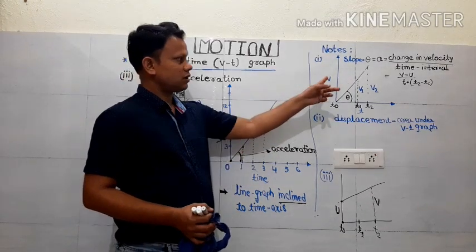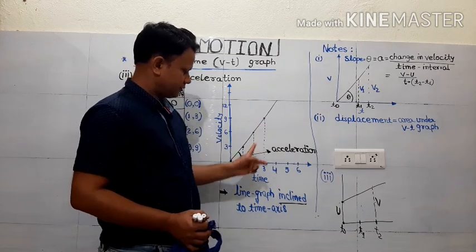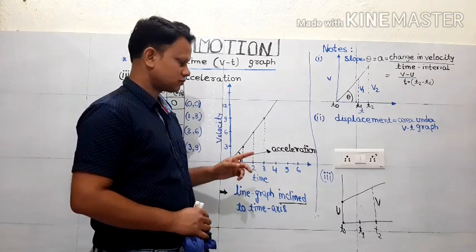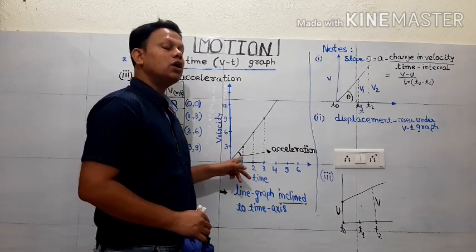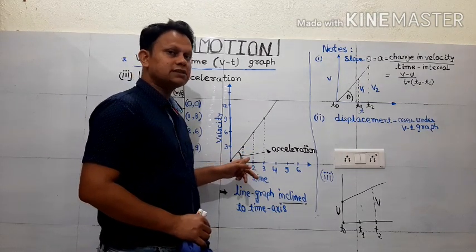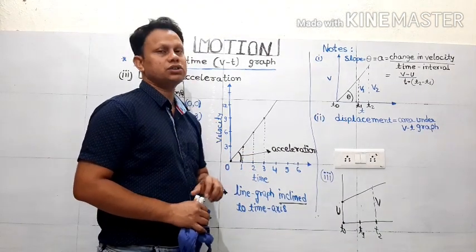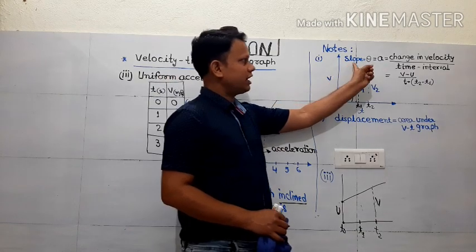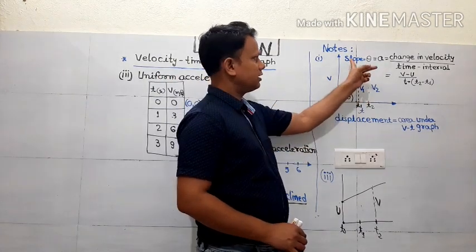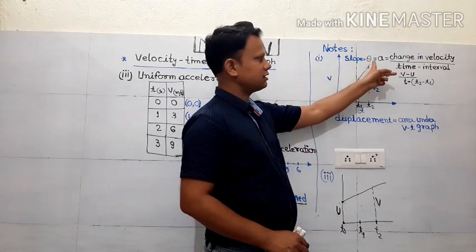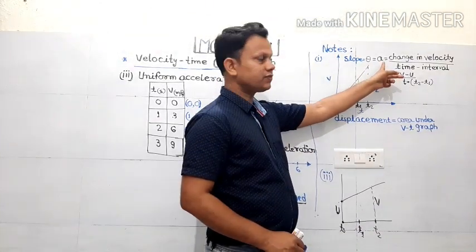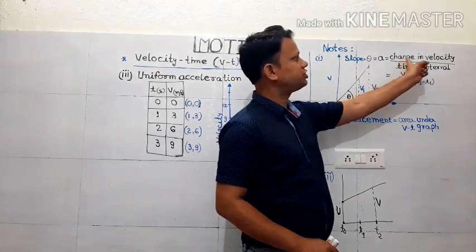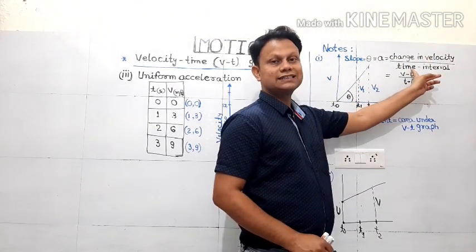First, when we are drawing the graph, we are getting an angle which is formed by the time axis. Now here this angle or slope represents the value of acceleration of the object. Now here I have written theta. Now slope, that is equal to theta. Theta is taken as acceleration, and as we know, the acceleration is the ratio of change in velocity upon time